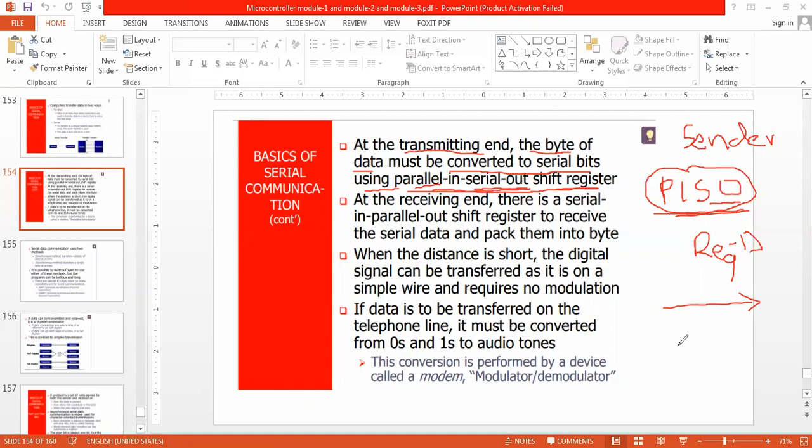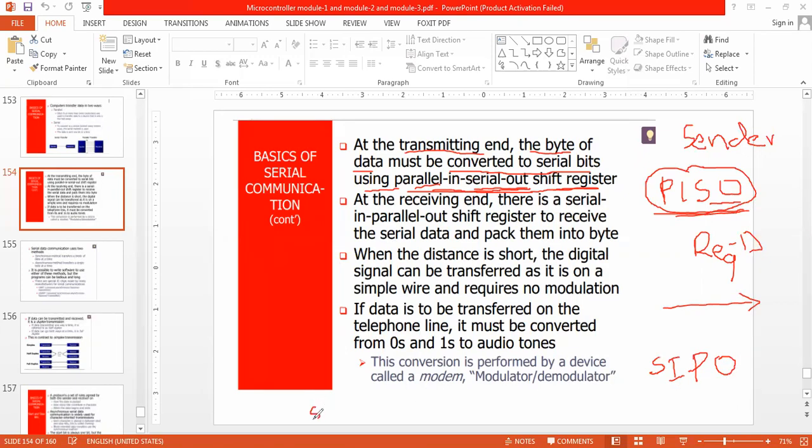Then at the receiver, what does he have to convert? He first has to receive the serial input, and whatever data is being collected has to be converted into parallel output, right?